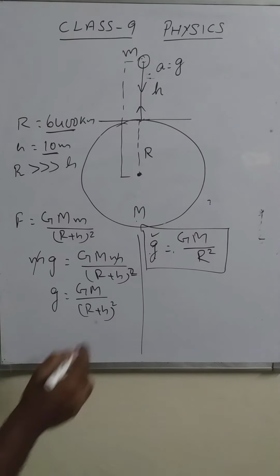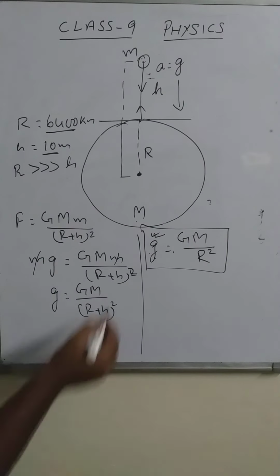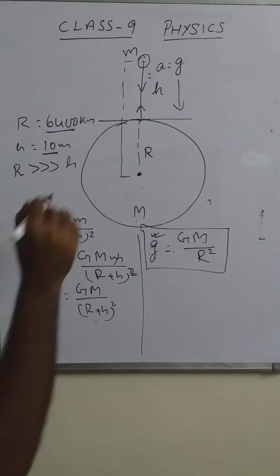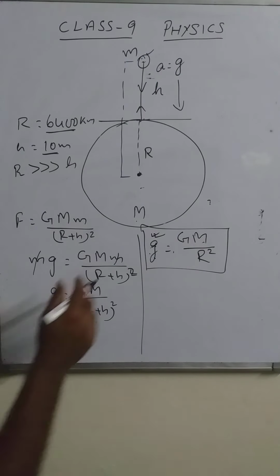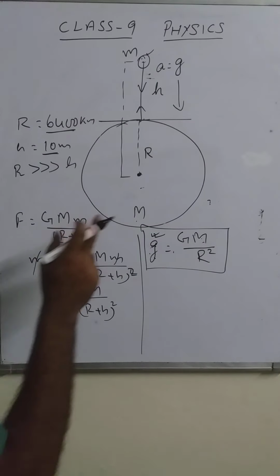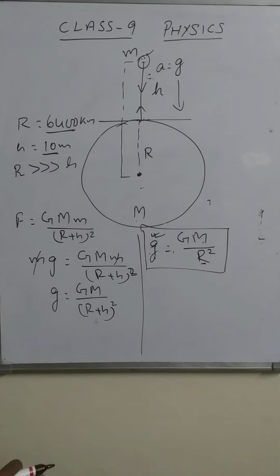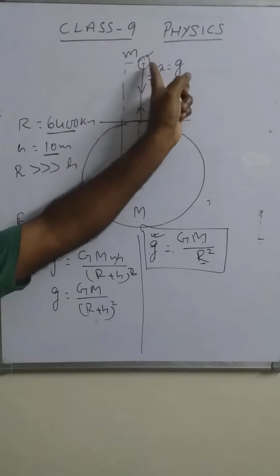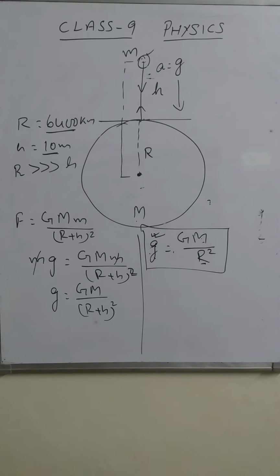In this case, you can see that the acceleration due to gravity, that means the object is falling towards the earth with some acceleration, depends only on the mass of the planet, the mass of the earth, not on the mass of the object. From the relation itself, we can say that the acceleration due to gravity depends only on the mass of earth and also on the radius of earth. So the acceleration produced in the object is independent of the mass of the object, size of the object, everything. It only depends on which planet it is moving on. So that is g equal to G M upon r square.